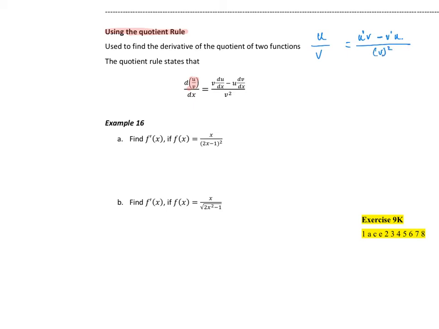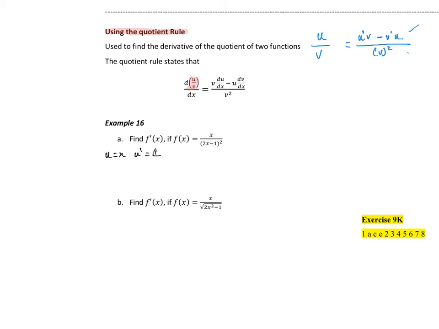Okay, so order is important in this one, whereas in the previous case it didn't matter which function was first, it's just the derivative of one times the other and we add them. This time around, we've got to subtract them on the top and then it's the bottom function all squared. So again, same principle, let's put u equal to x, which means u dashed is equal to 1, and